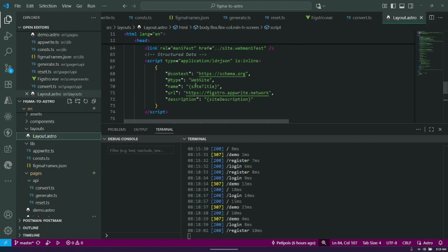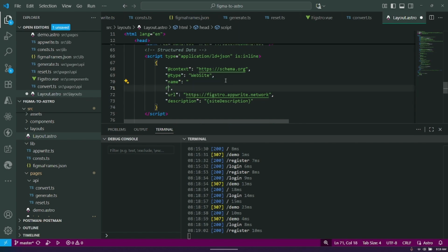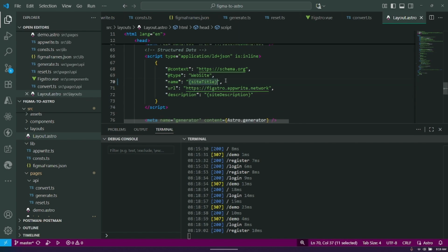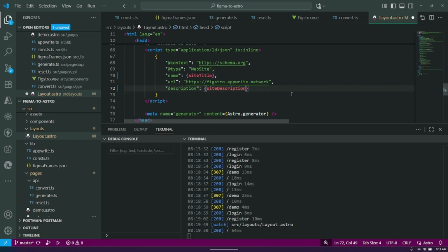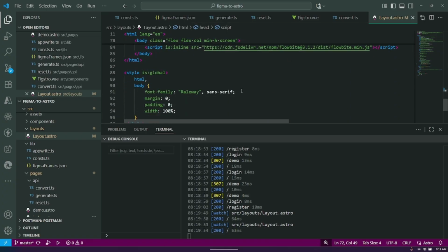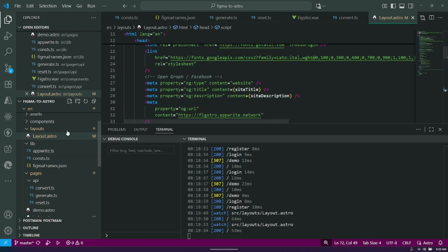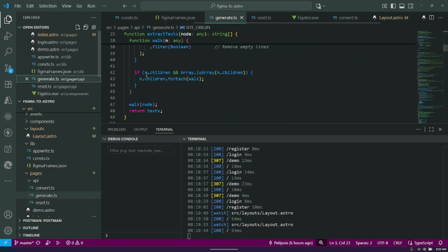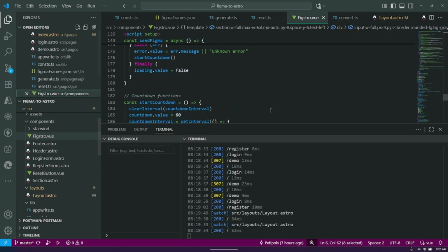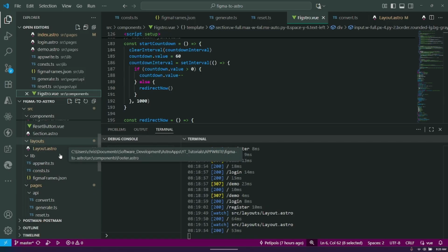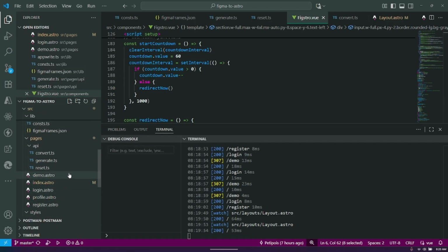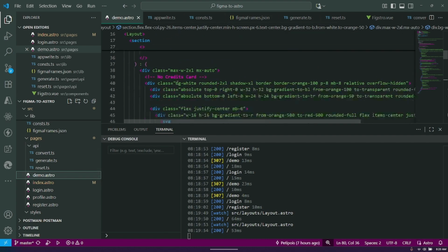Change this to Fig. Extra site description. Excellent. Okay. So I'm using Railway. So all of that, the meat and potatoes, is in the generate API and the Figma Vue file, and that actual demo component is basically